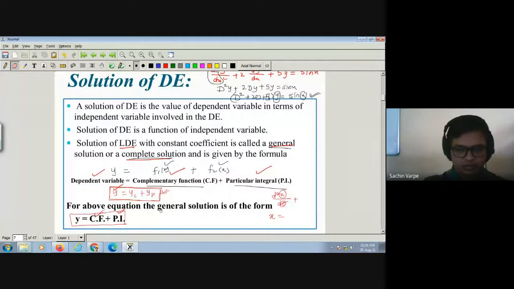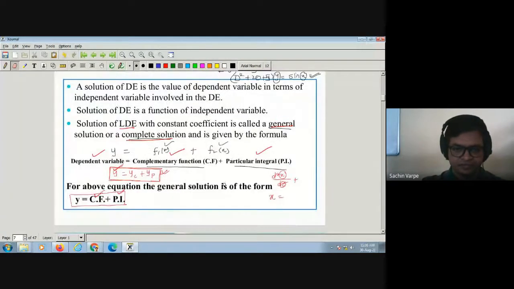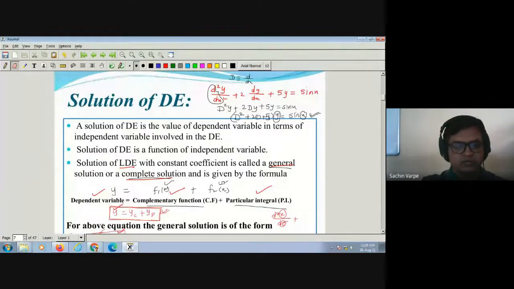Okay. So let us proceed with the first sub solution, that is the complementary function. If anyone has any doubt up to here, please ask. Is there any doubt? The first step towards the solution we have discussed is, if it is in small d form, then introduce a capital D operator.